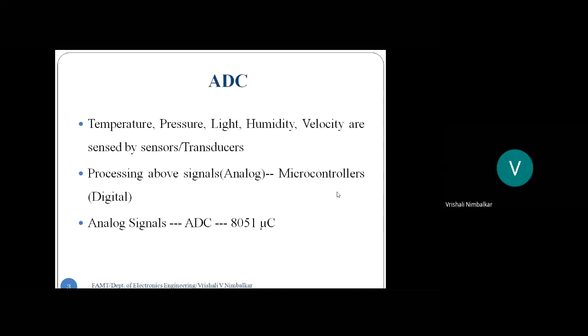Now why do we need to convert them into digital? Whenever the quantity is converted into digital, there are only two voltage levels to be operated on, that is 0 volt and whatever is the VCC or the supply voltage of that particular IC. So whatever processing needs to be done on the signal, we need to process only two voltage levels, 0 volt and 5 volt. So then the processing becomes easier,